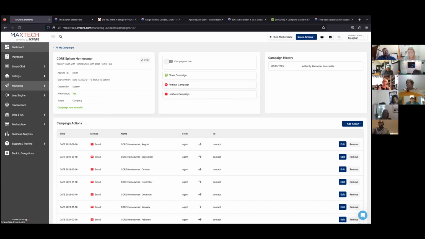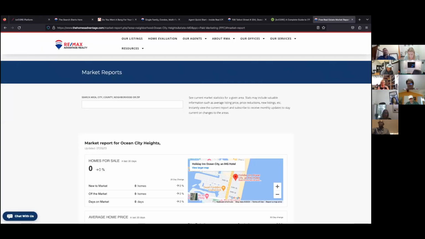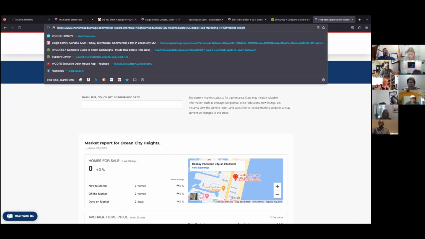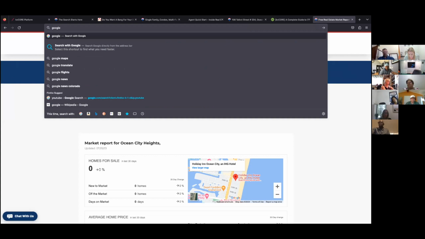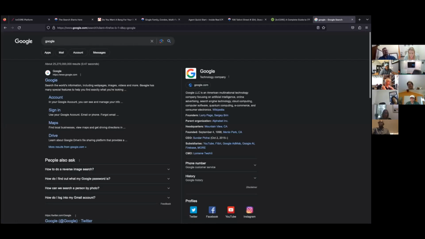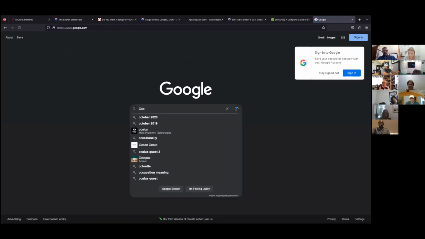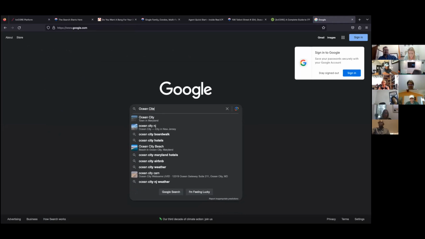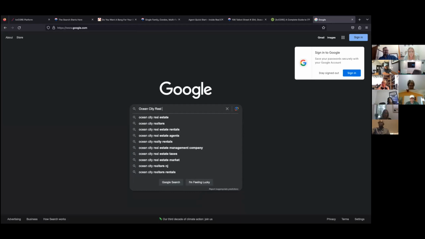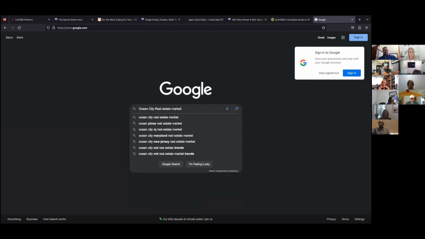I haven't worked much with blogs, but if you take a look at the blogs and ChatGPT, these are getting pretty easy to build. So you could easily say, let's say it's Ocean City. I don't have an instance of ChatGPT on this, guys, but let's go over to Google because it's very similar. So let's say this is the ChatGPT interface. Sorry, guys. And I say Ocean City, real estate market